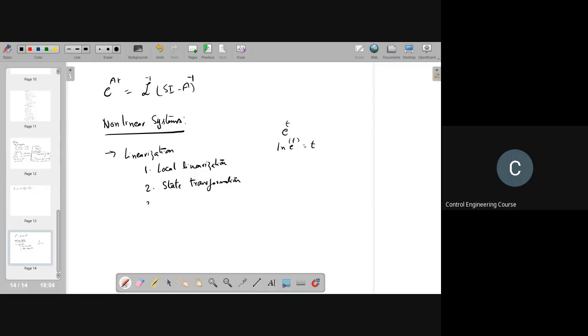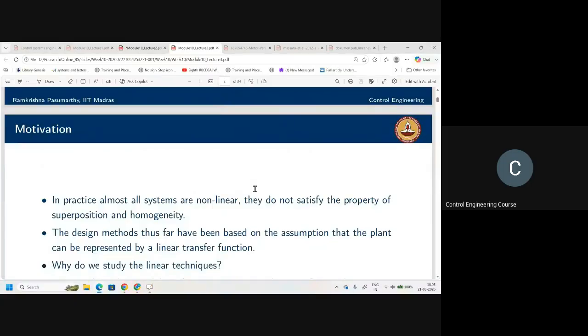And the third one is feedback linearization. In feedback linearization, you design an input such that whatever nonlinearity there is in the system is cancelled out by the input. Then what you are left with is linear matrices, linear elements, so that you can use linear techniques. The slides give enough examples regarding these things. Let's quickly go through them.